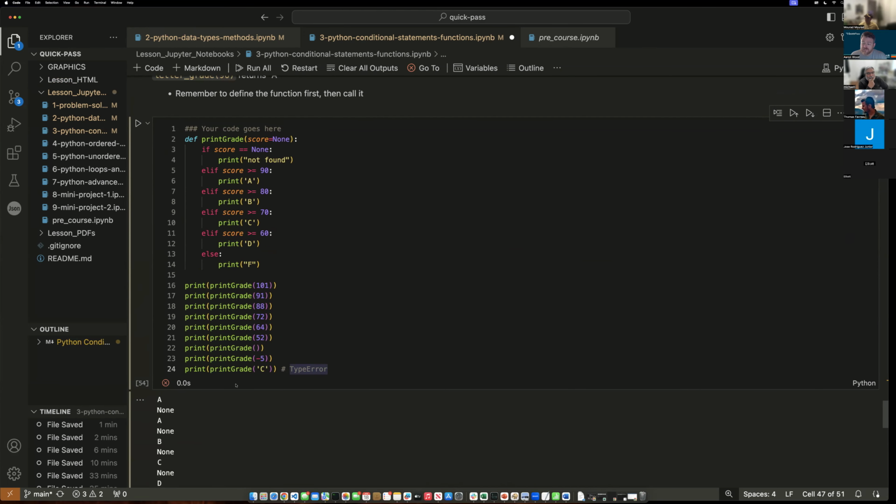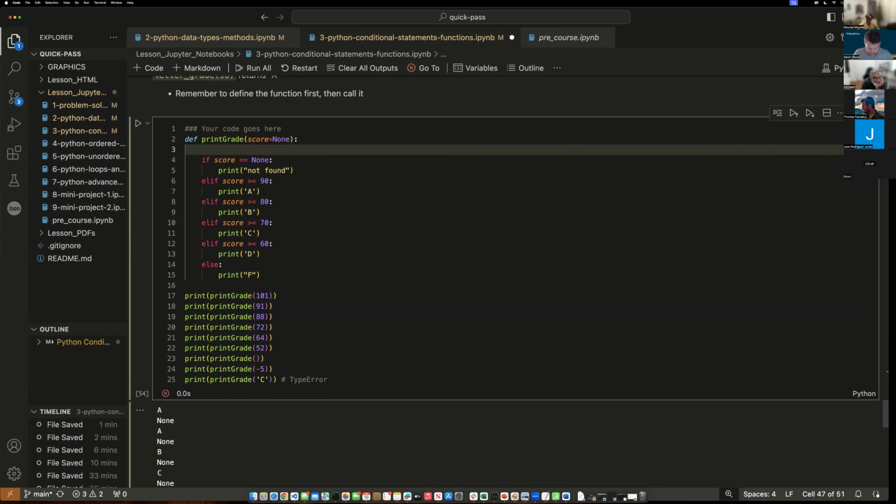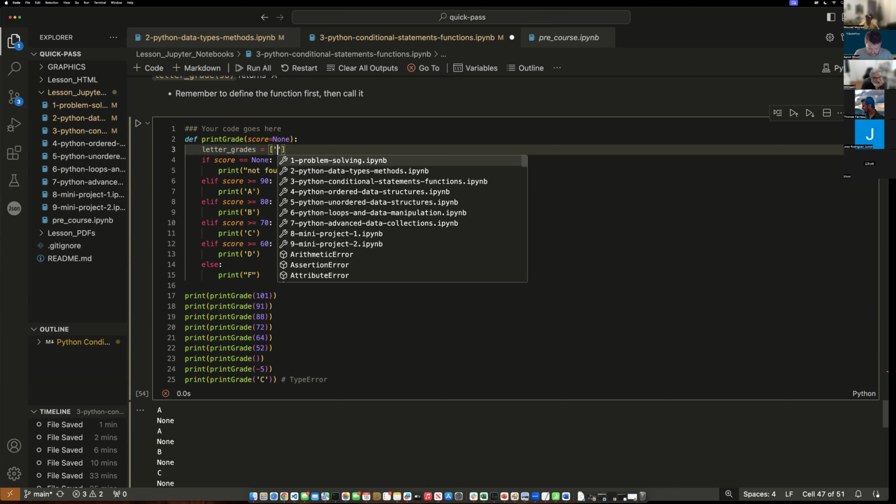Well, see now, yeah, you still have to have something there because it's not like not provided, it's provided as a C. And so what else could you do? How else could you solve that? Could you say not an integer or? Yeah, or you could do something like, let's say for example, if someone's writing here, but they've already done the calculation themselves, but they actually put it in there. Like you can then just have letter grades equals a list, and you can do A,